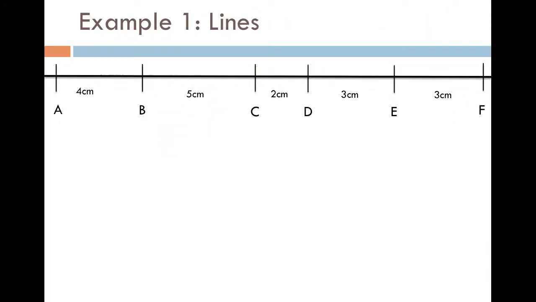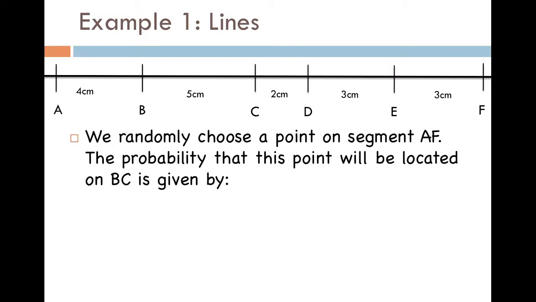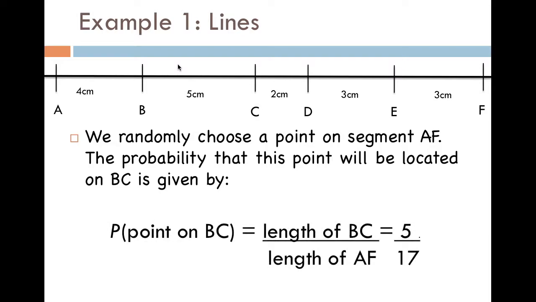So here's an example. I have given you a number line, A, B, C, D, E, F, so line AF. We randomly choose a point on segment AF. The probability that this point will be located on BC is given by the length of BC over the length of AF. So the length of BC is 5 centimeters, and the total length of AF, 4 plus 5 plus 2 plus 3 plus 3, is 17. So the probability that it will be on BC is 5